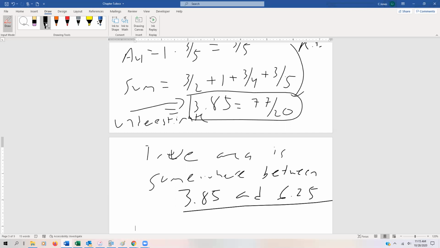So is it 3.95 or is it 5.55 or whatever it is? We don't know yet. Now, later in chapter 5, we will be able to figure that out. So we'll do one more example that kind of ties everything together. And in the next example, we're going to have to generate the diagram for ourselves and just go from there to be able to approximate the area underneath of our